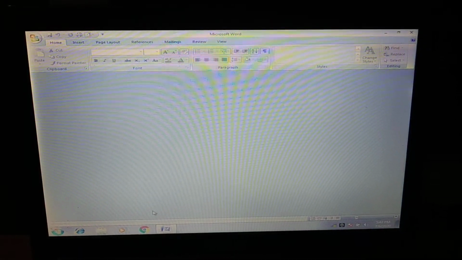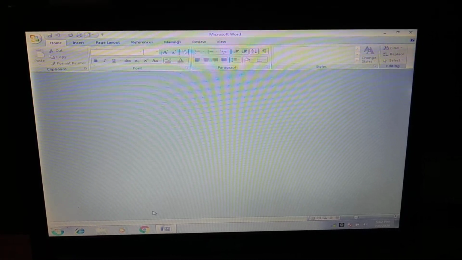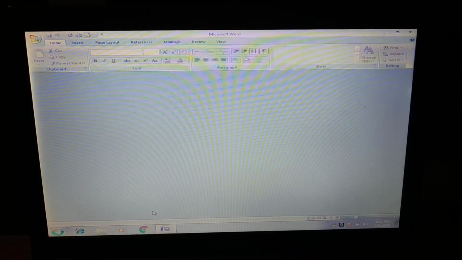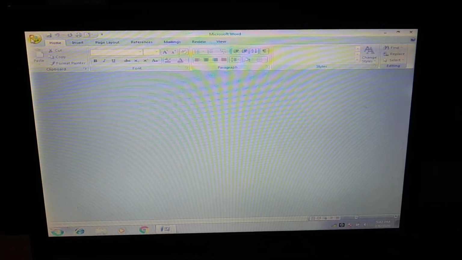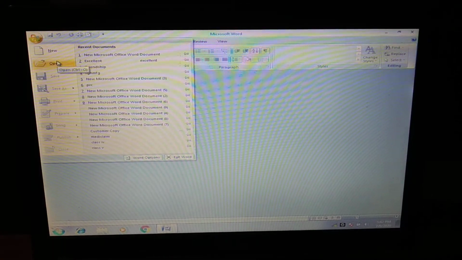Okay. Now, if I want to open the existing document, existing means already it exists here. I have just closed it. It exists here. So if I just want to open, then again go to this office button, click on it. The open option comes, click.